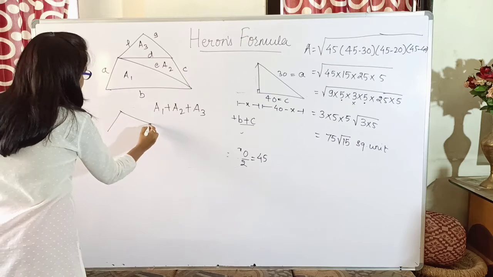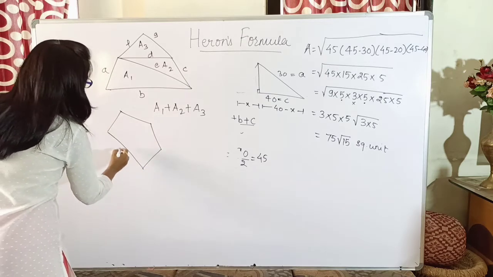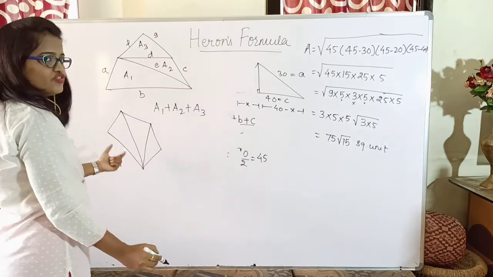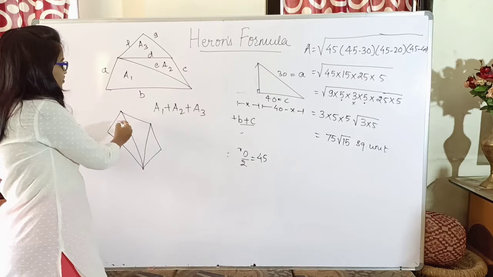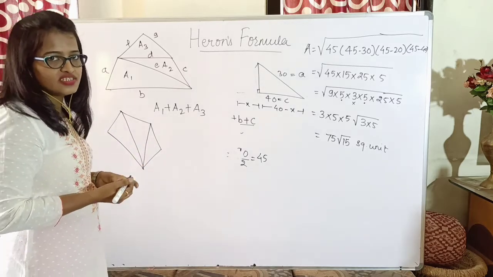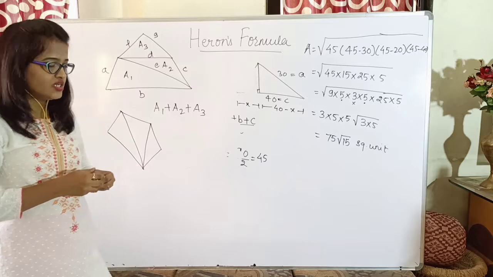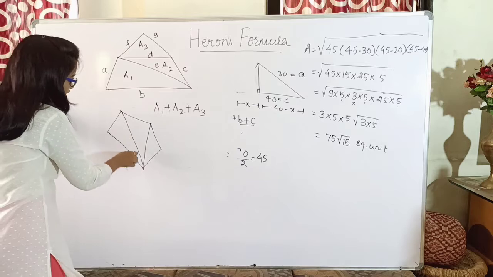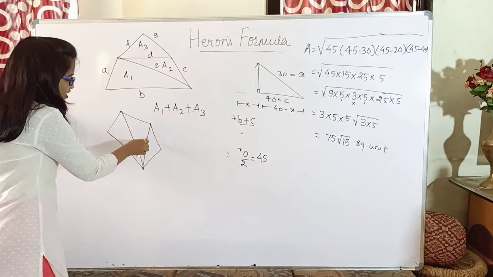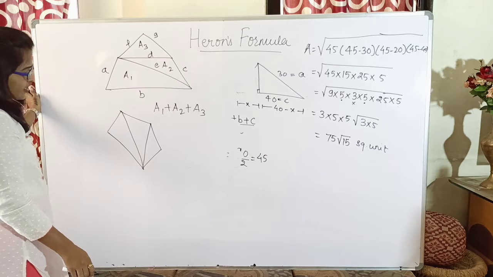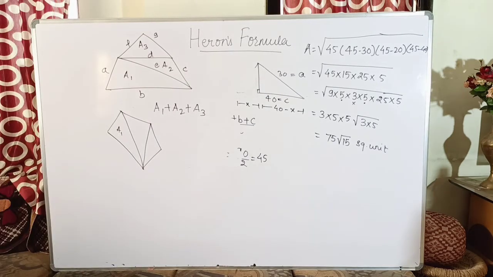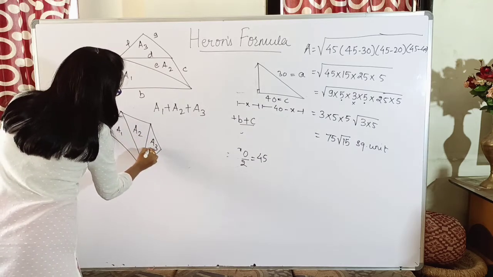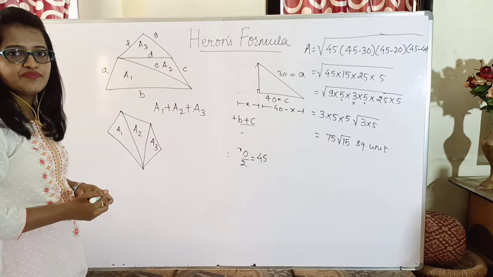Any other type of polygon, here also you can divide it, or they will give you the values. Yes, you can find the area only when you should be knowing all the three sides of the triangle, huh? That is the provided condition. So if I'm drawing a figure like this, I should be knowing the length of this diagonal in this pentagon, whereas I should be knowing the length of this diagonal also in this pentagon, and then only I can find the areas of the triangle. So A1, A2 and A3, and then after adding this you will get the area of the polygon.